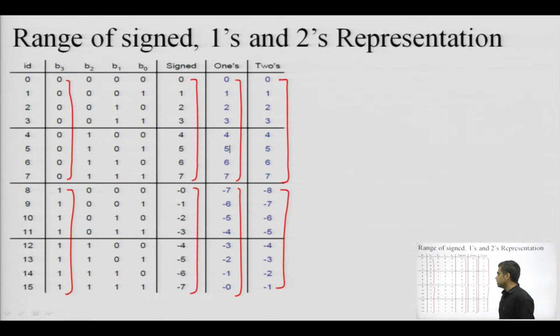in these three cases. So, this 1 0 1 1 is equivalent to minus 3 in signed representation, minus 4 in 1's complement and minus 5 in 2's complement. So, these are the three different representations of negative numbers, and you can check any number.